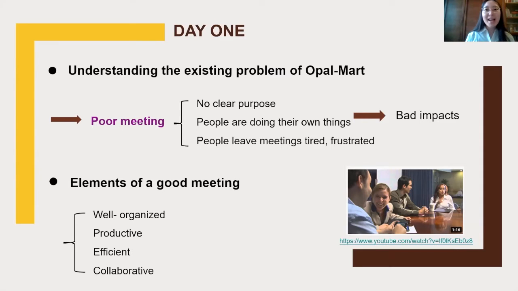Now, I'm going to lead us to understand the elements of a good meeting. A good meeting is well organized. An organized meeting establishes the rhythm of meeting, having different goals to achieve. This causes a productive compounding effect, leading to better and better meetings.